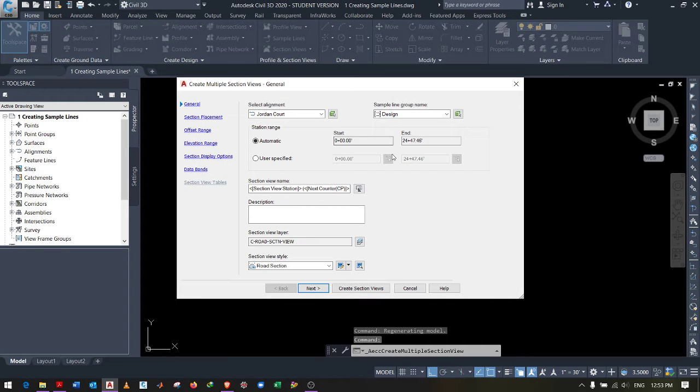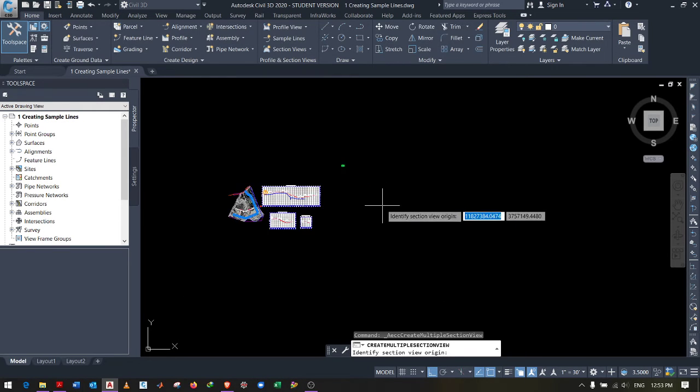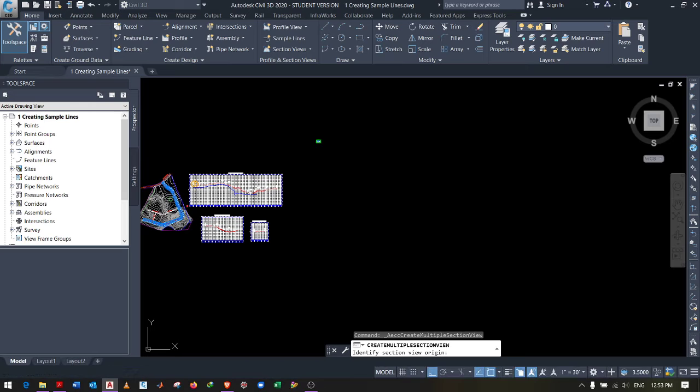Here you will have this option of selecting this and this, and previously we had only one option to choose, but now we have the start and end of this profile. So you can select this start and end, then create section view, and then choose any one of the points,